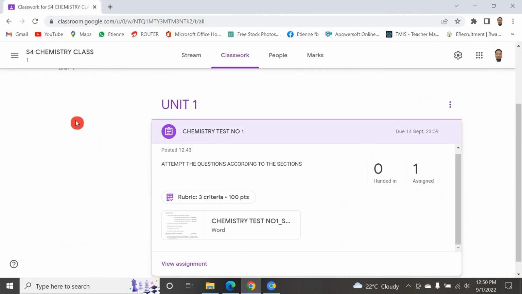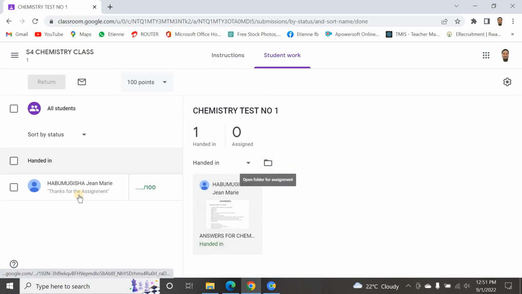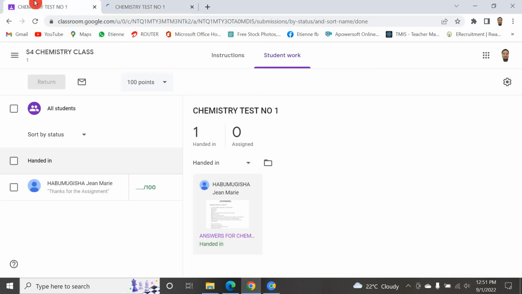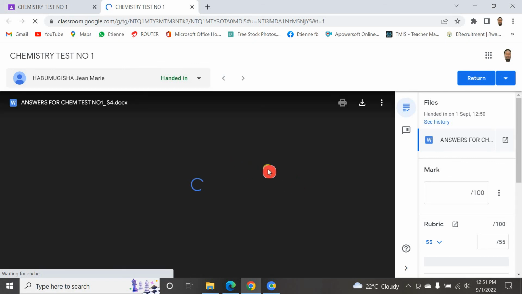Let me go back to the teacher again, and you see here there is one student who has handed in. Once I click here, I can see this student has just handed in. I can click here to see what this student has typed. Let me click here so that I can grade. You can see it can be opened this way,